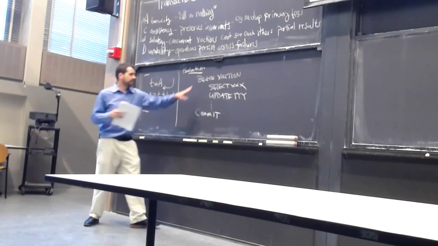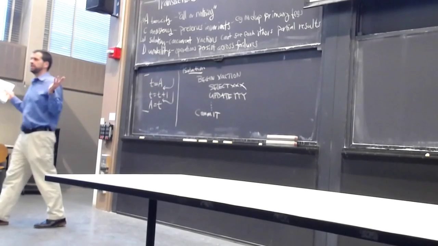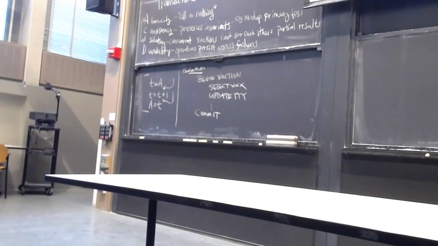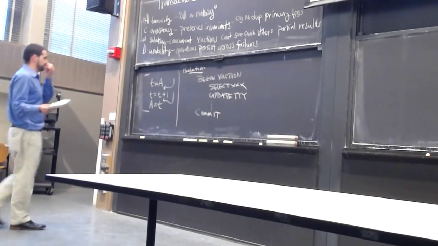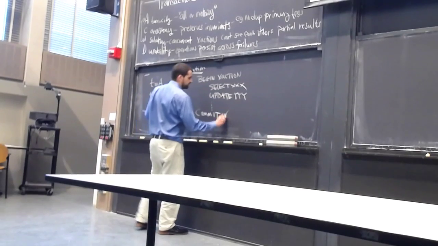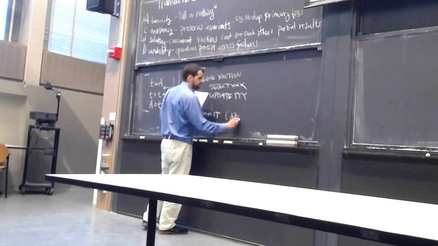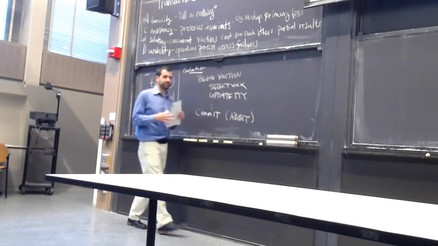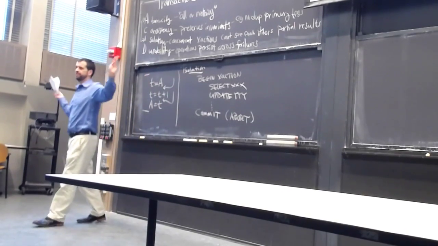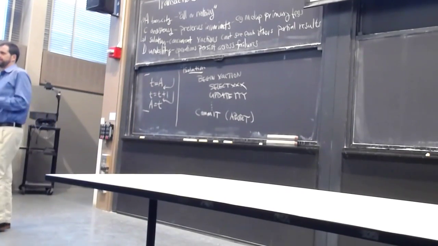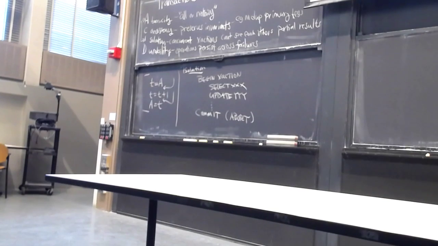Okay, and when you commit, all the effects of these statements, all the changes you make in the database as a result of those statements, are made visible to the other transactions that are running concurrently in the system, and other users can see them. You can also abort or roll back if you want. You can say, oops, I didn't want to make those changes, undo all of them. That's sometimes useful because you start making some changes and you realize that what you're doing is wrong, and you can force it to roll back.